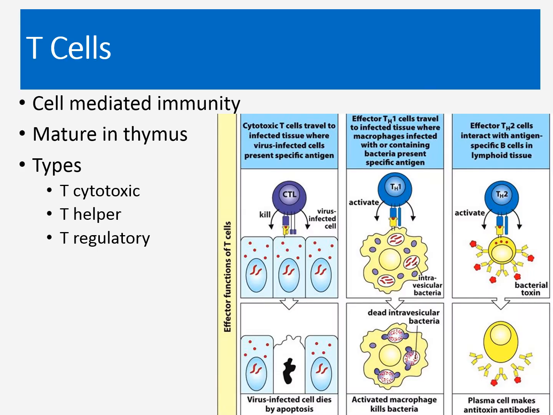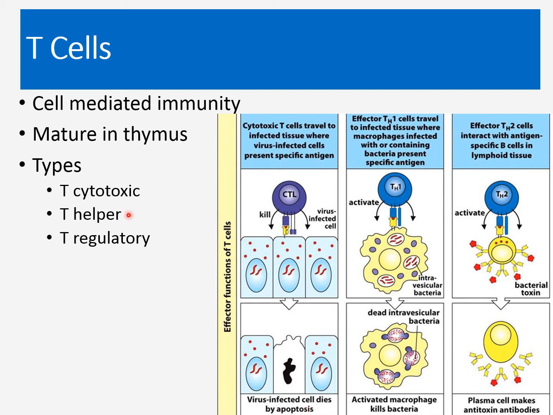Before starting T cell receptors, let's review what T cells are. T cells are the main key players of cell-mediated immunity. These are the cells which mature in the thymus, hence named T cells. T cells are basically of three types: T cytotoxic cells, T helper cells, and T reg or T regulatory cells. T cytotoxic cells are involved in elimination of virus-infected cells by leading to apoptosis.